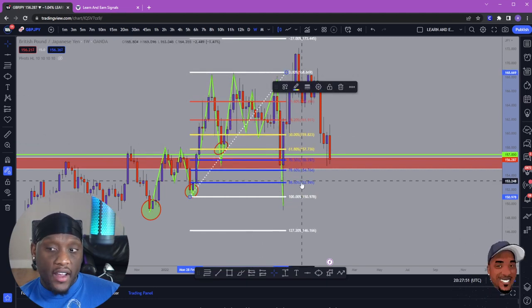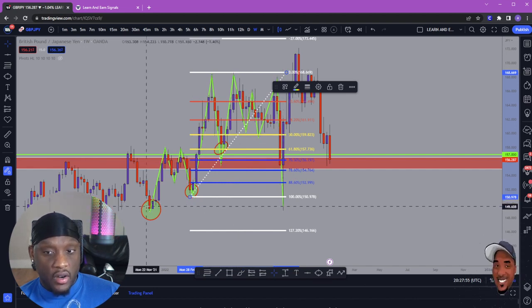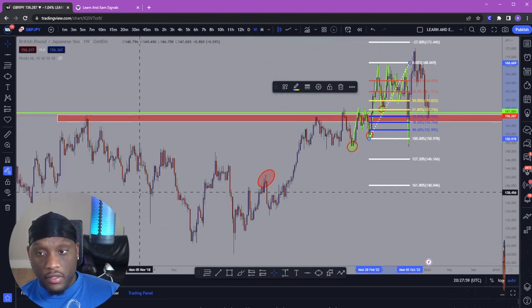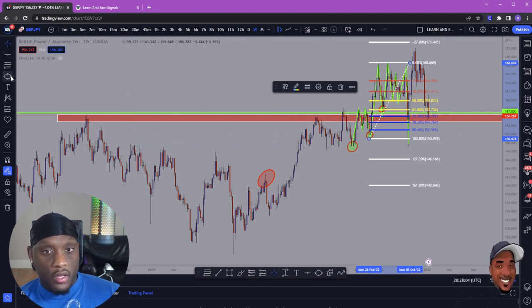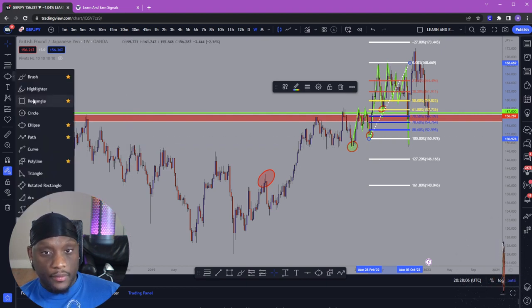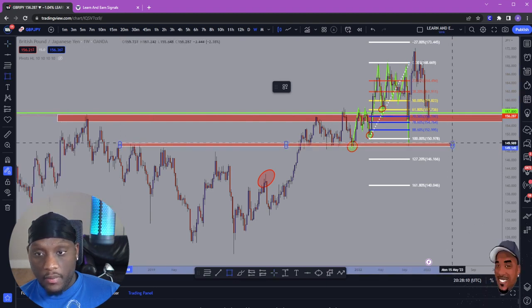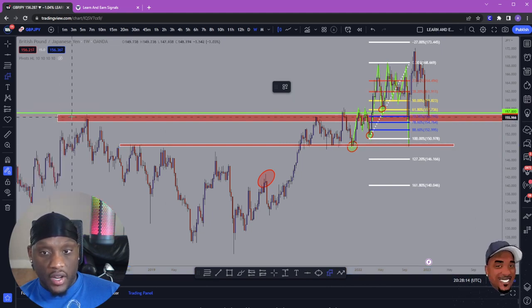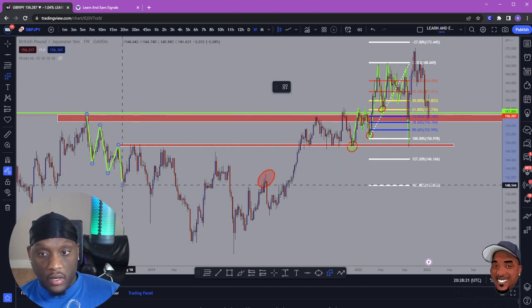So when we pull back, the wick came as low as right here to retest this current zone that we have like around here. If I draw from left to right, you can see right around here, price overall came to retest this area on this time frame, right? And I'll drag it out and I'll show y'all. The reason why price came back to retest over here is during this downtrend, you ever heard the saying how you have to look from left to right? Well, when looking from left to right,